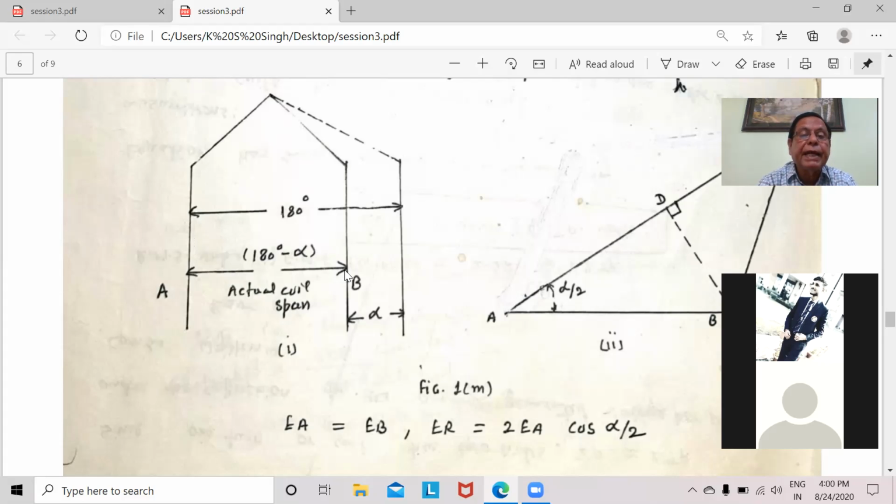But in the case of distributed winding, suppose the voltage induced in coil A is EA and in coil B is EB. In amplitude, the voltage induced in both coils will be equal. So when the winding is concentrated winding, the voltage induced in both will be the arithmetical sum. It means the resultant voltage induced ER is equal to 2EA. So if you take the distribution winding,